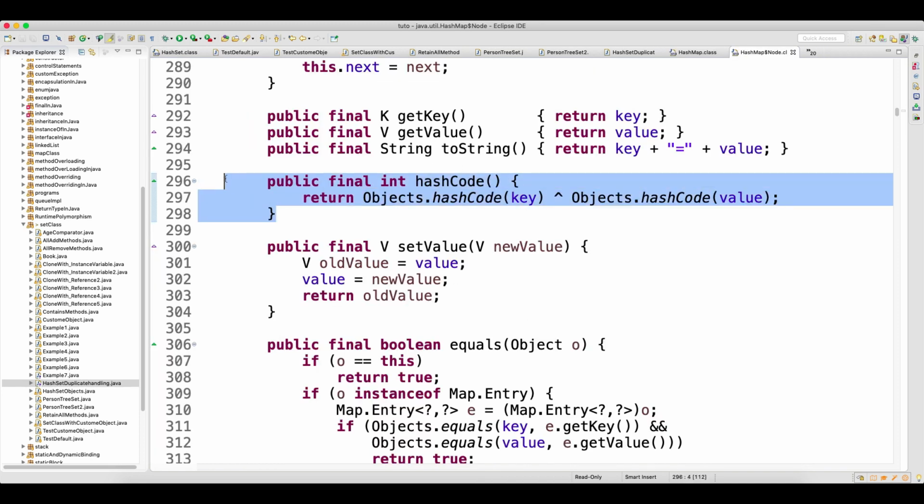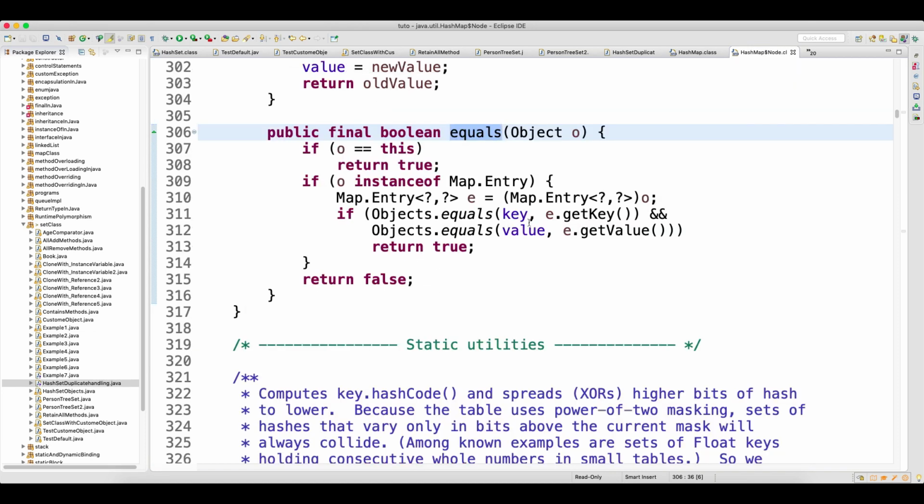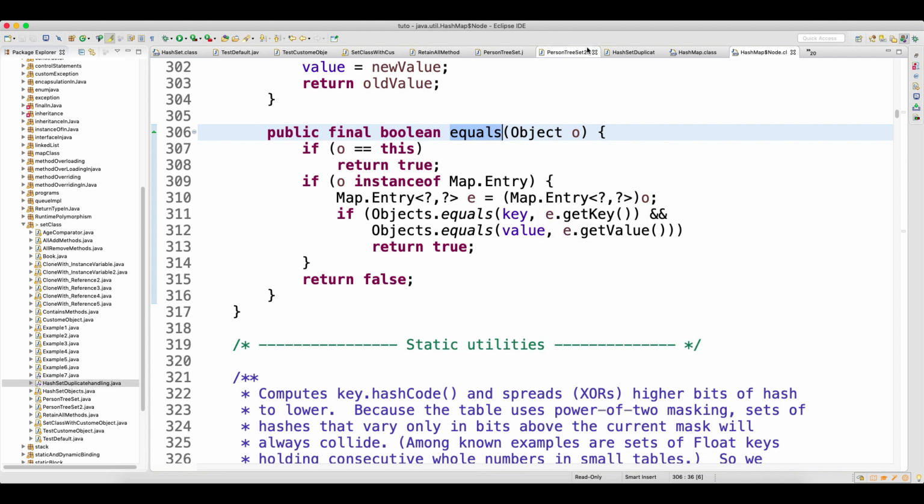This hash code is overridden here, but the problem is this hash code will take care when you have data of primitive type. And in fact, the equals method is also overridden here in the HashMap class, and you know that HashSet internally uses HashMap. So you have these methods overridden. That is the reason your Integer, I mean wrapper class, and String class are taken care of. But the problem with the